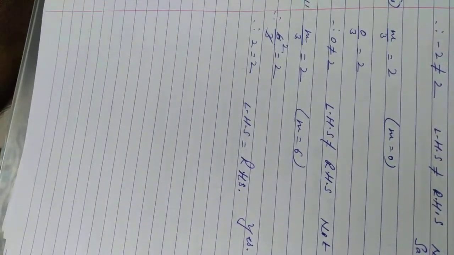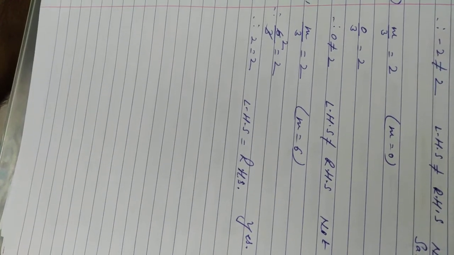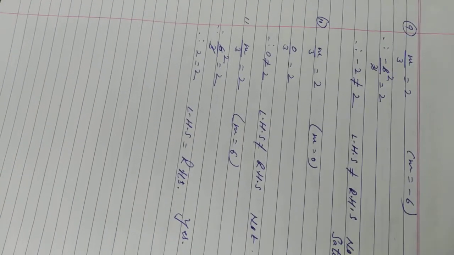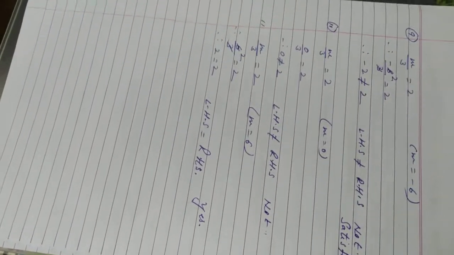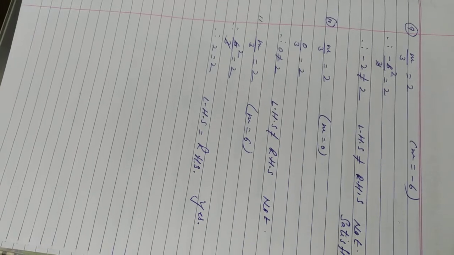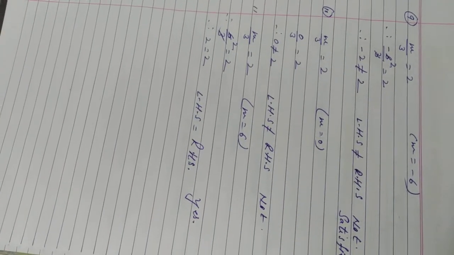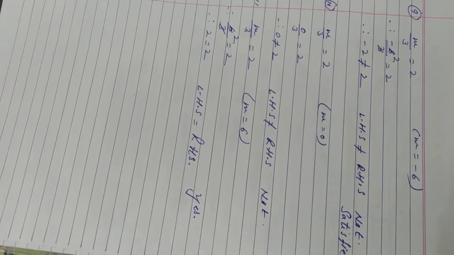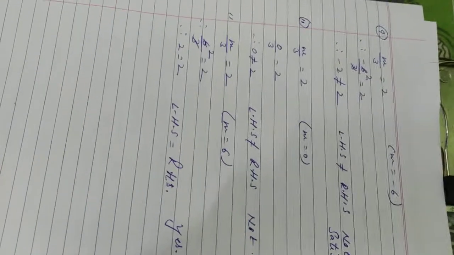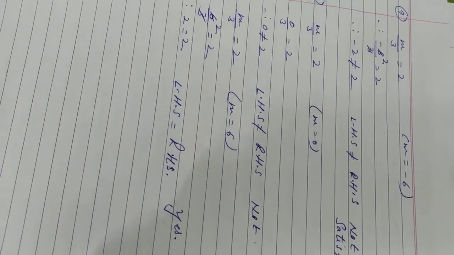So out of 11, many do not satisfy the given equation and many satisfy the equation. But in this way, by putting in the values of the given variable one by one, we can find out. So all of you understood about it? For a particular value of x, if the left hand side is equal to the right hand side, then and only then can we say the equation is satisfied. So we must compare both sides over here.